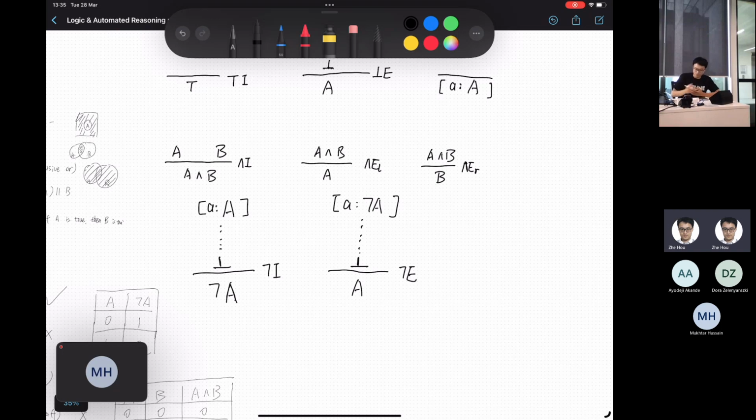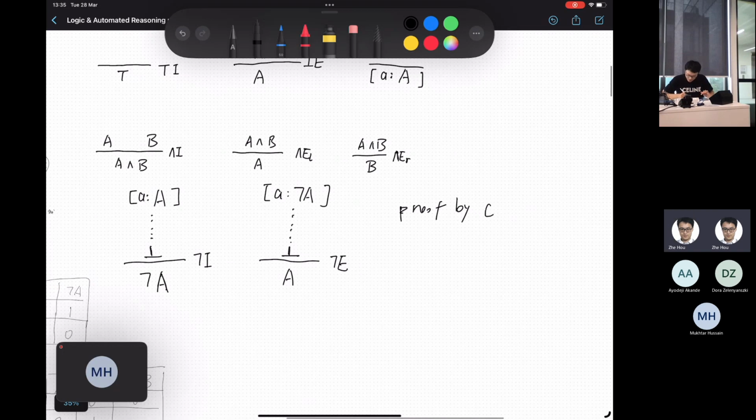Okay, so that's another form of proof by contradiction, which is a very widely used proof technique. Okay, it's called proof by contradiction. And there's actually another name for this inference rule, negation elimination. It's called